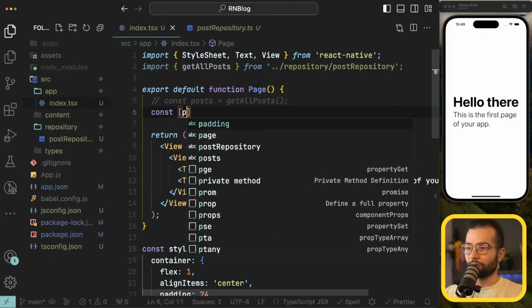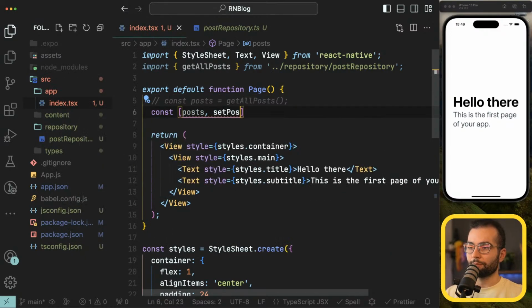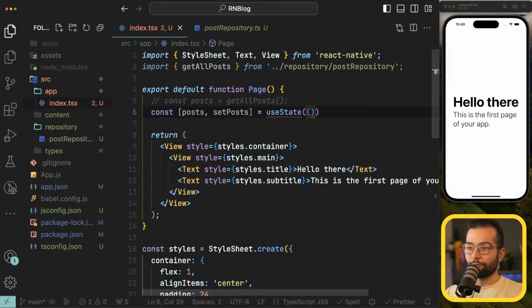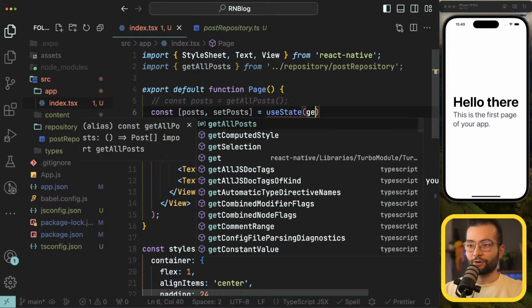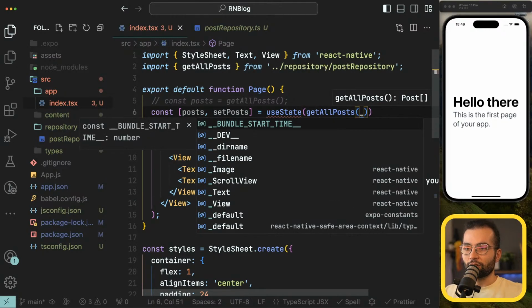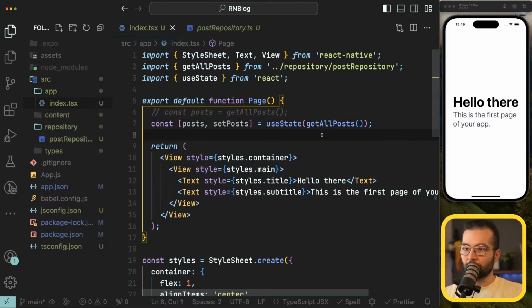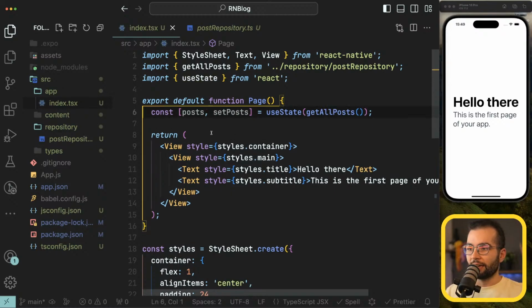To do that, I'm going to do posts, setPosts equal useState. And the default value of the state is going to be the result of getAllPosts. So this way, getAllPosts will be called only once when we initialize the state. And then we can use these posts in our